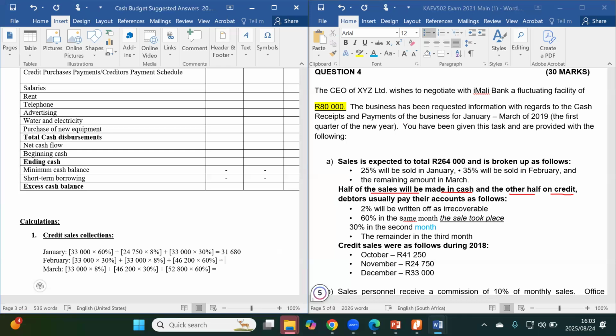And then let's see February. So it's 33 times 30%, 33 times 0.08 plus 46,200 times 60%. I'm getting 40,260. Yes. And then for March,